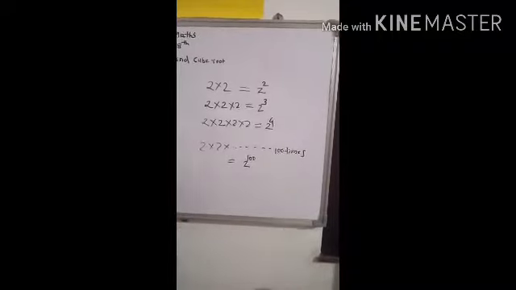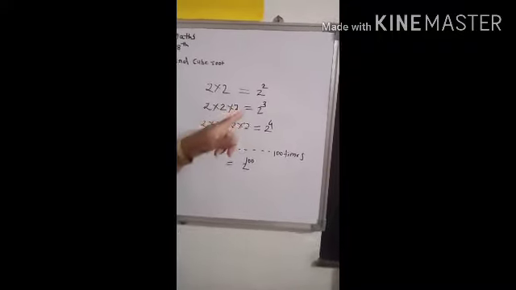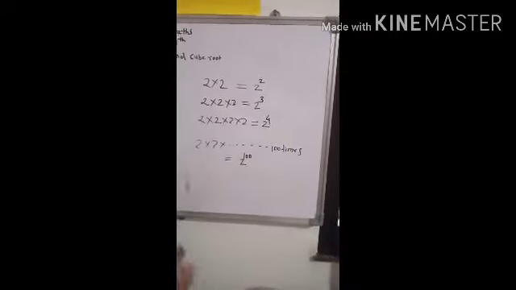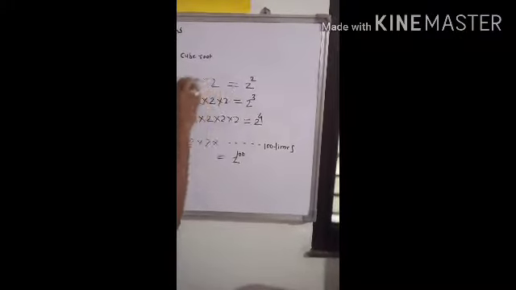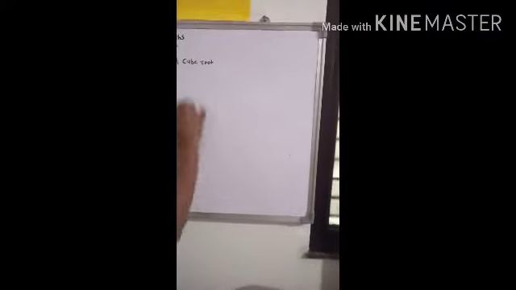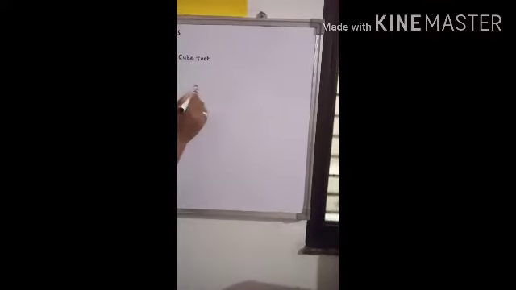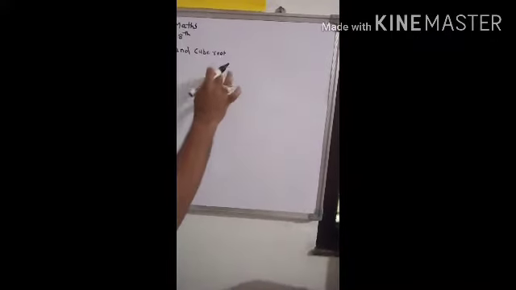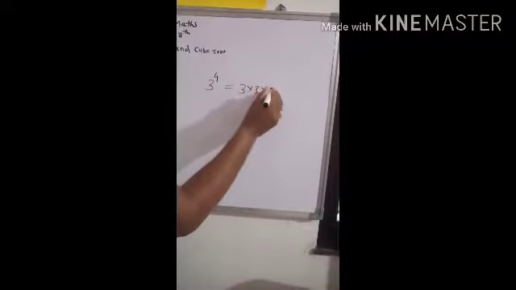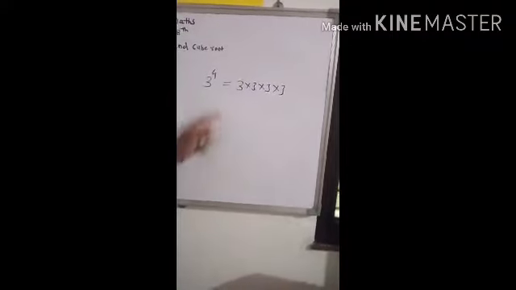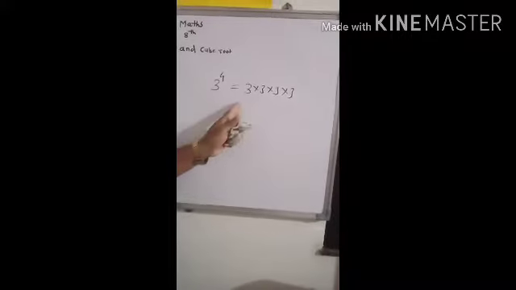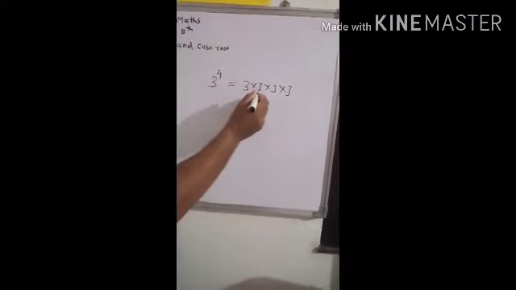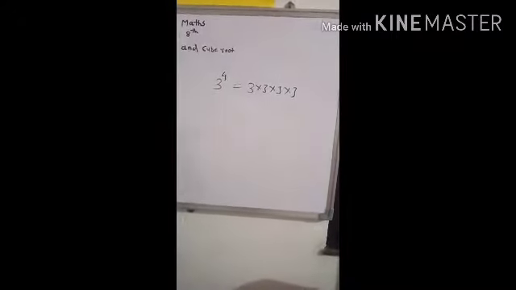So we get the idea of how we write the multiplication form in the index form. This we can also call the expanded form. If the given index is of this type, 3 to the power 4, then we can multiply this 3, 4 times: 3 into 3 into 3 into 3. Then we multiply all these and we get the answer. So this multiplication form is called the expanded form.